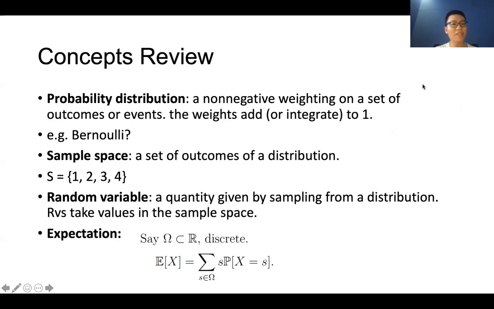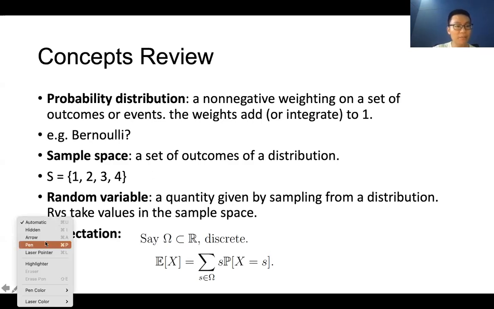Okay, the sample space is very simple. That is just a set of outcomes of a distribution, like all of the possible outcomes for a distribution. For Bernoulli, the sample space is just the set {0, 1}, right? But here is a definition that is